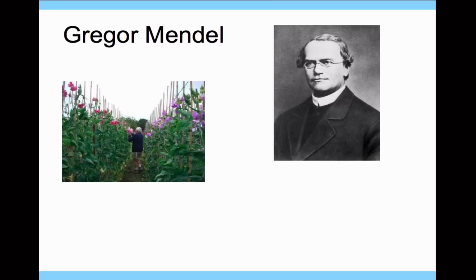So we're going to start off with Gregor Mendel, and he is the father of genetics. He did experiments in the 1800s and figured out a lot of genetics, even though he didn't have genetic technology. He didn't really have an understanding of DNA like we have now, but he did experiments with pea plants, and he was able to figure out quite a bit about genetics just by doing these experiments and evaluating what happened